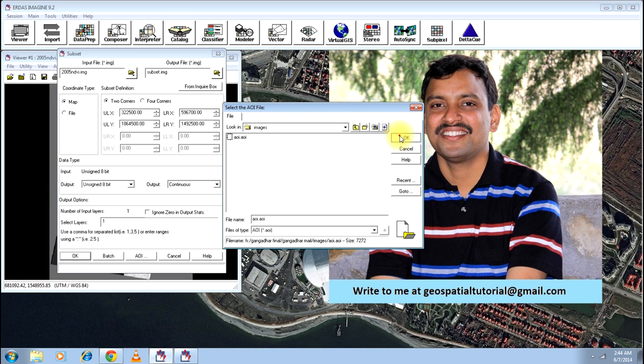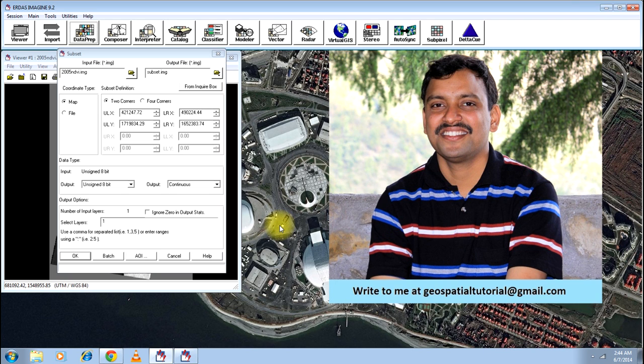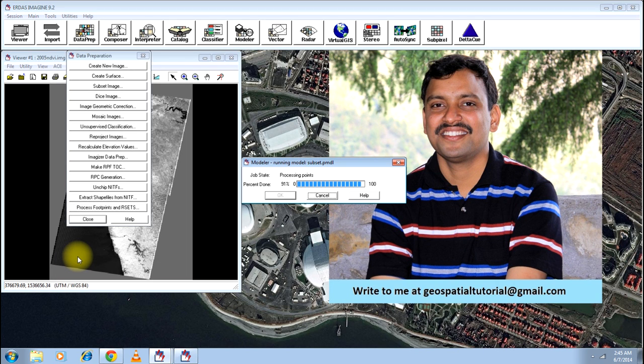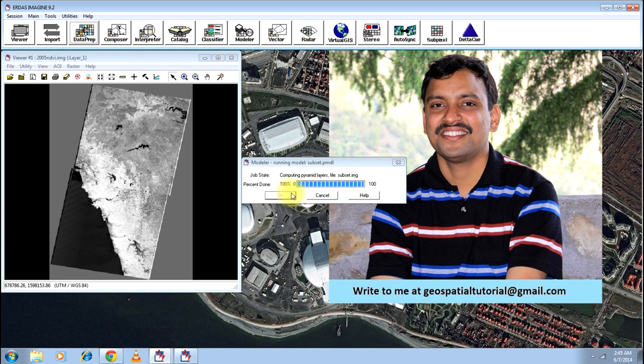You will get that AOI file, click OK. And now you are done. Just click OK and your process starts. The process is running, as you can see on the screen. Once the process is done, when you open the new image, you will get a black and white area of interest from the larger image.